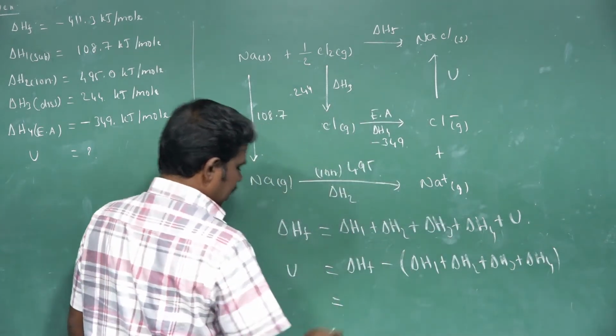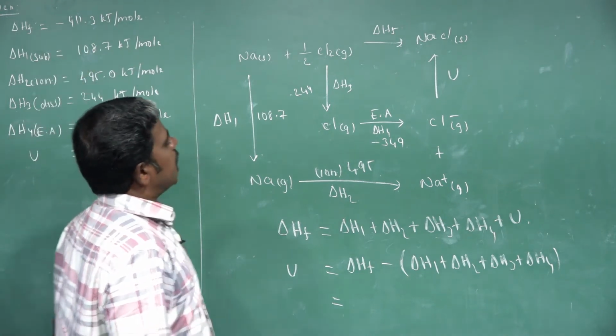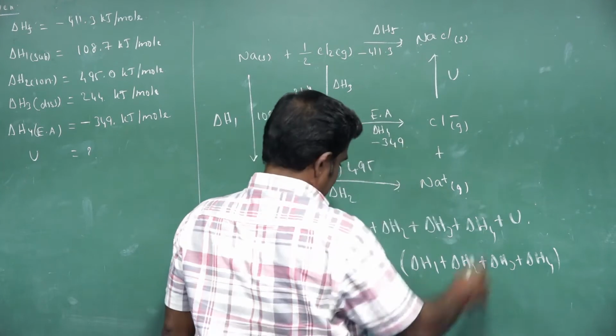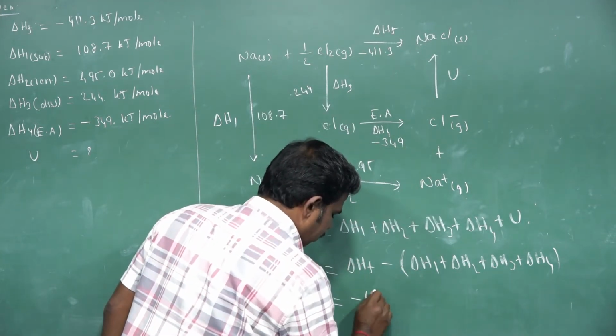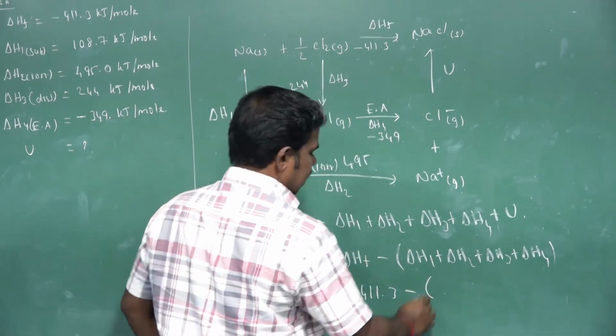Now substitute the values. The delta HF value is minus 411.3. So here minus 411.3 minus delta H1,